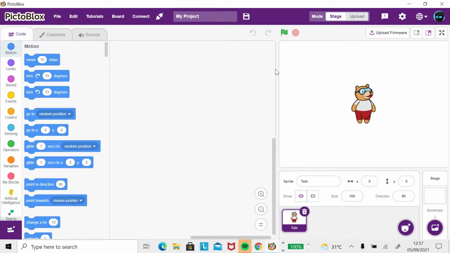Today I'm gonna make an assistant in PictoBlox. By the way, this is my first